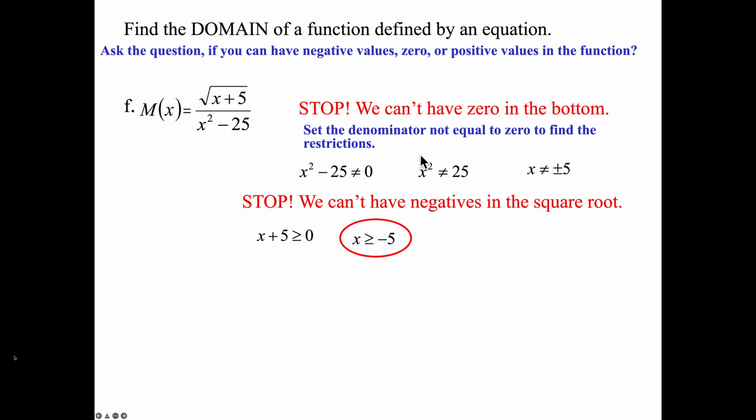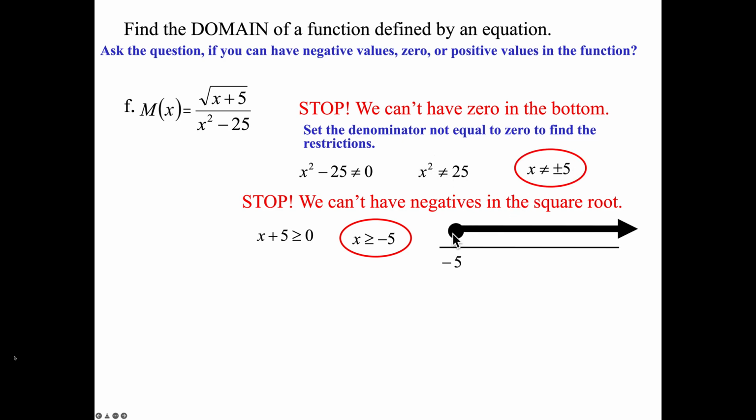But the denominator said, wait a minute, you can't have negative 5. And you can't have a positive 5. So where the negative 5 and the positive 5, think of these as instead of closed circles for a point, think of these as open circles. It's like they're an open point. I can't physically touch those two spots. So my domain,